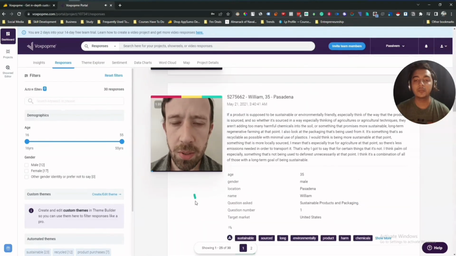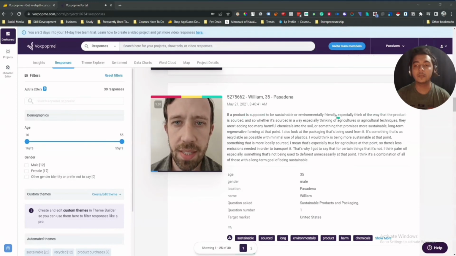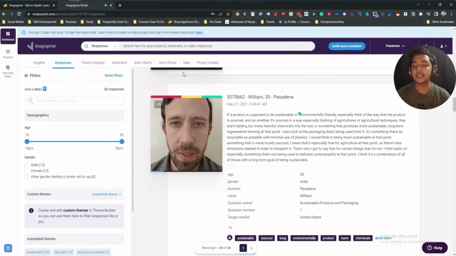So if a product is supposed to be sustainable or environmentally friendly, so first I kind of think of the way that the product is sourced. And so what